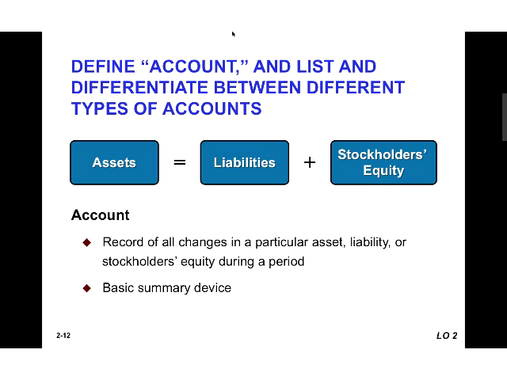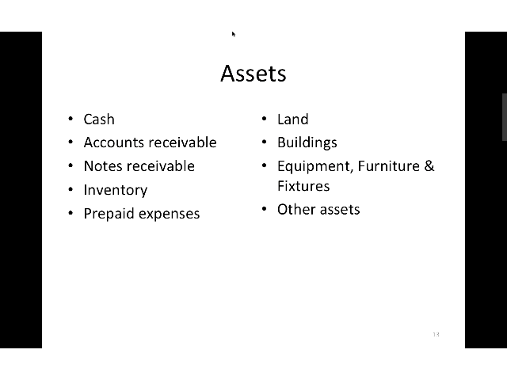We have three groups of accounts, and those three groups of accounts make up the accounting equation. We have assets equal liabilities plus equity. So what we're going to do now is, if you have the slides online, they're great. There's several slides. They give you a lot more detail. In this case, I summarized them on one because I don't want to write down all that in our time